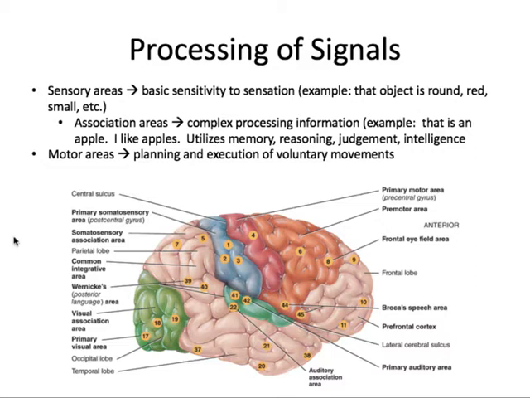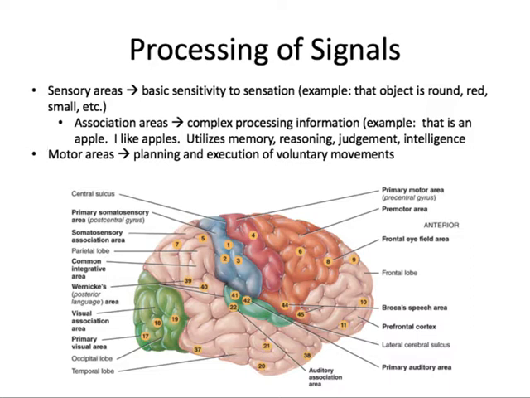All right, so we were talking about processing of signals last time, and the processing of signals is basically what happens between the sensory information getting into the brain and you using that sensory information to understand something about your environment. So for example, if we're just talking about general body senses, you could go outside right now. There's a lot of white stuff around there. It's cold. It's probably wet. There's wind blowing. All of those things are primary sensations, but you need your brain to put them together to understand that there's 4 inches of snow on the ground.